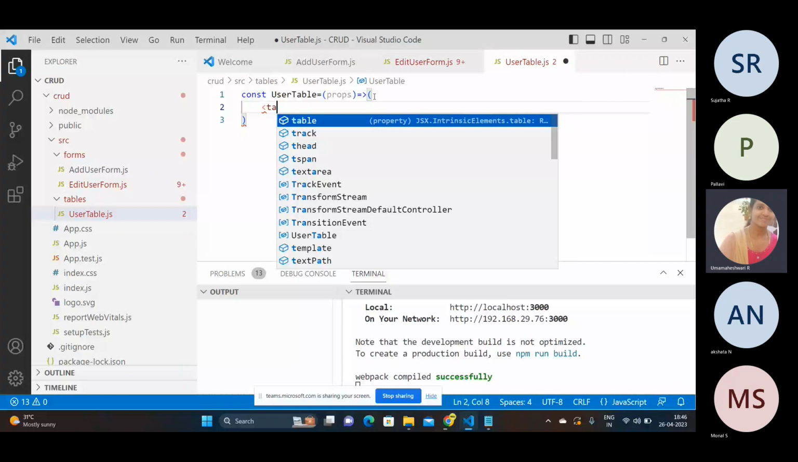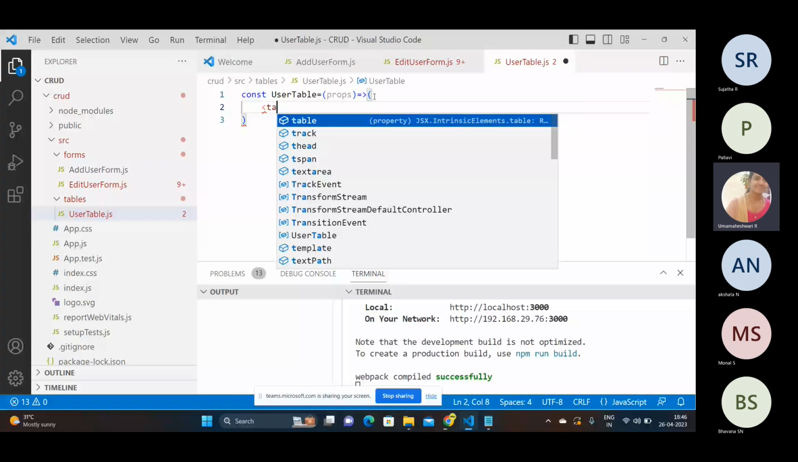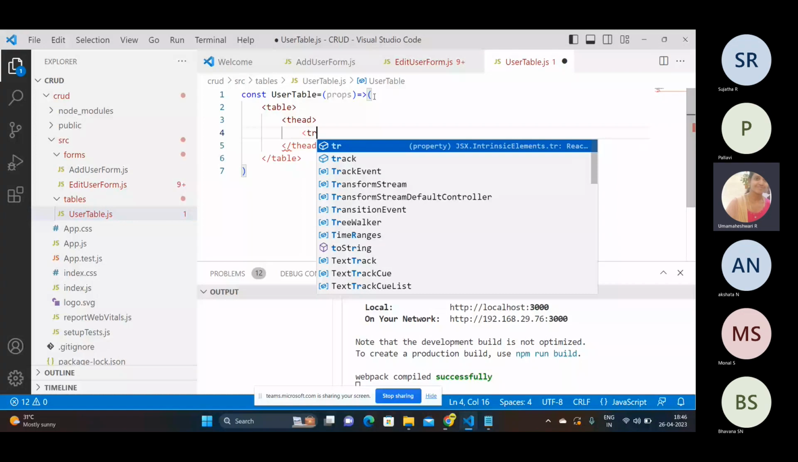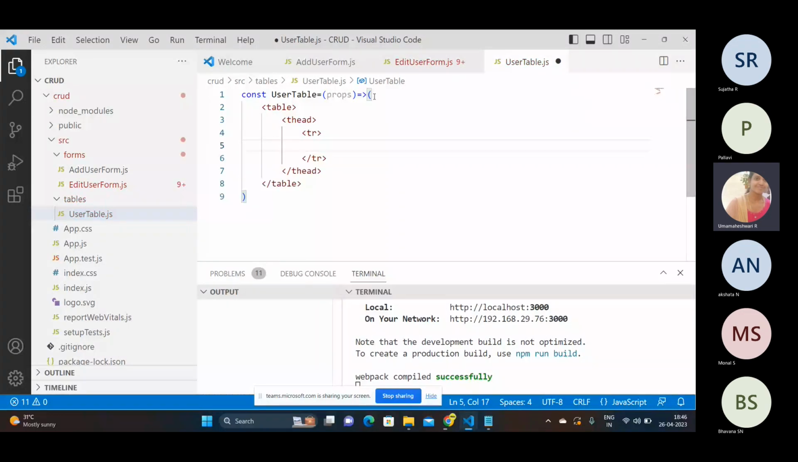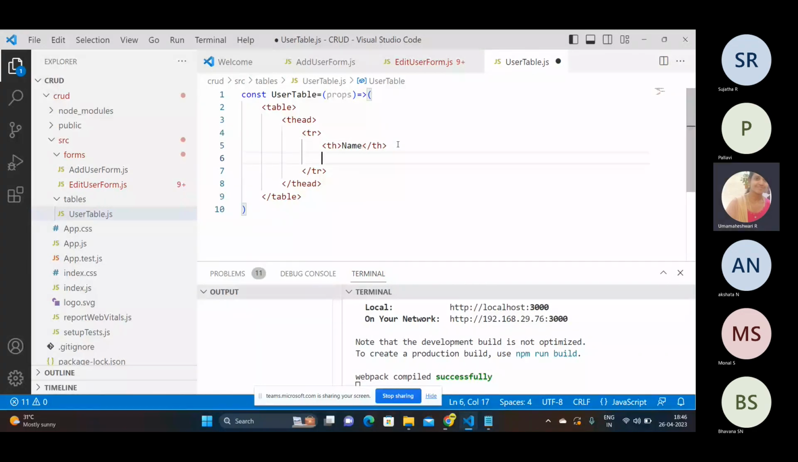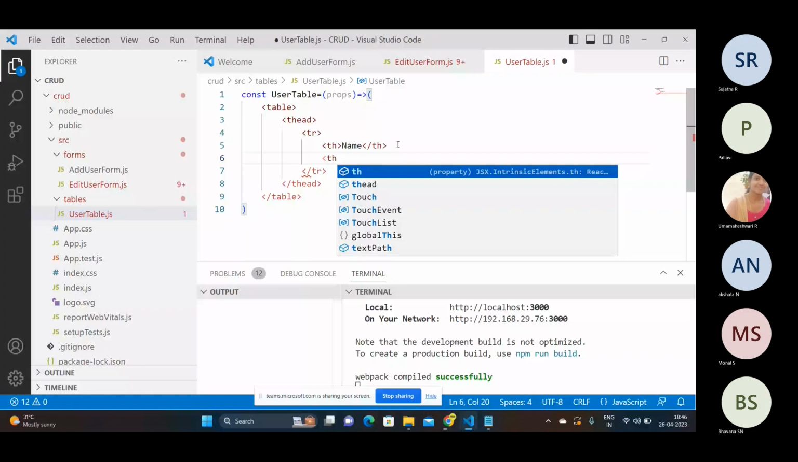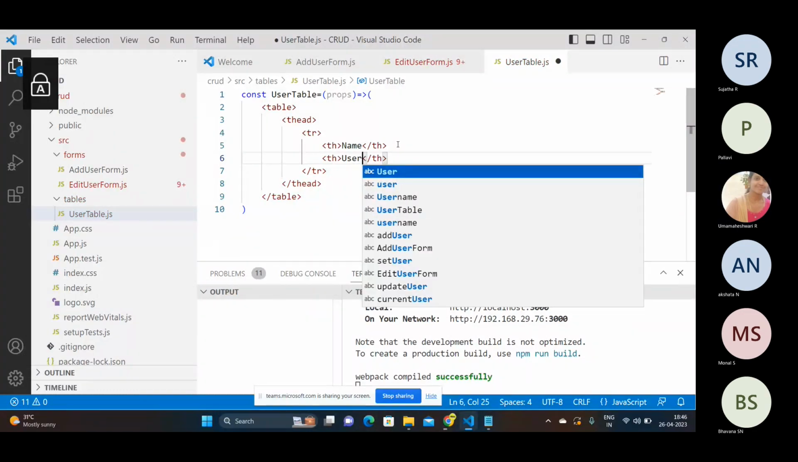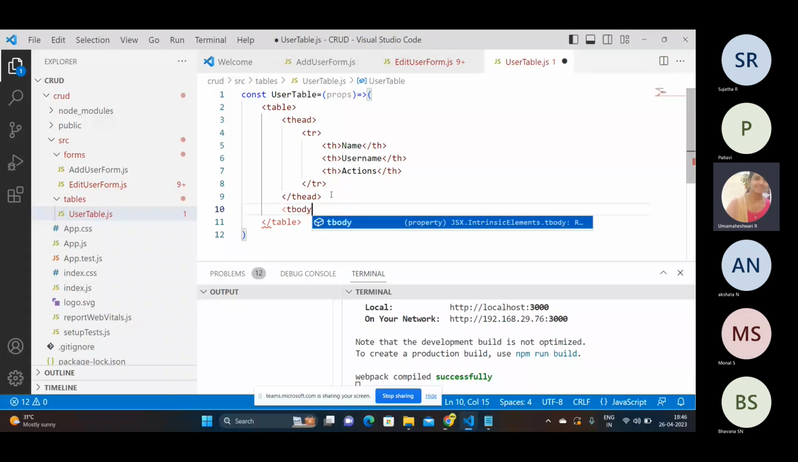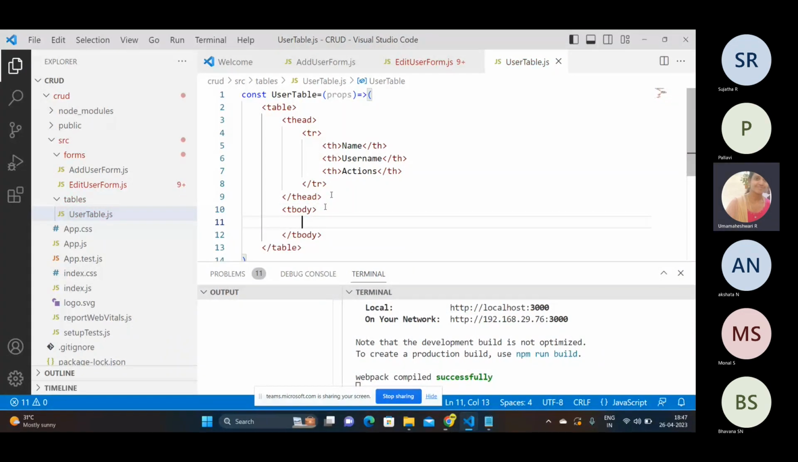So here I'm giving a table head. In the table head, in the table row, I need to see the name, and then username, and then I need actions. Okay, so these are the steps we will be following. And after this, the tbody element, inside this tbody,